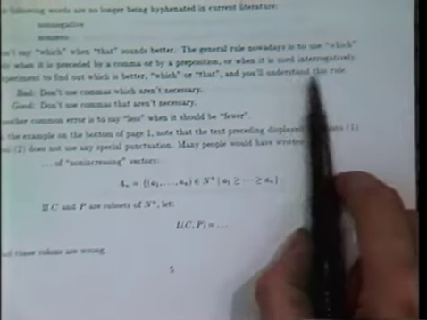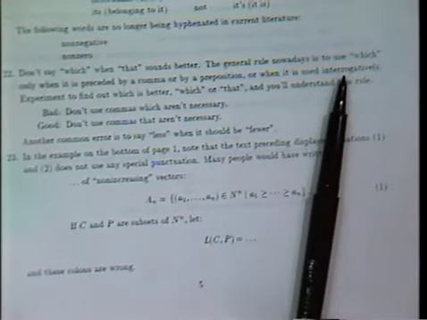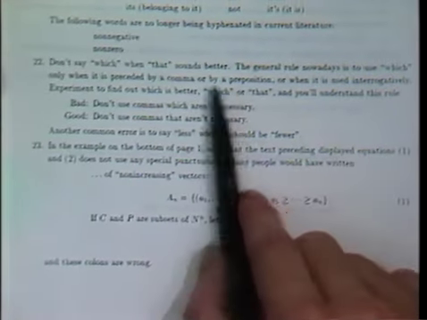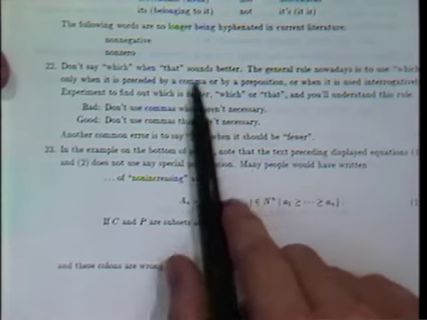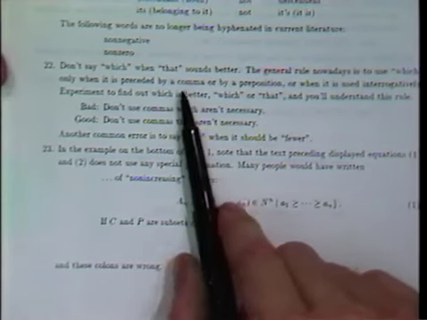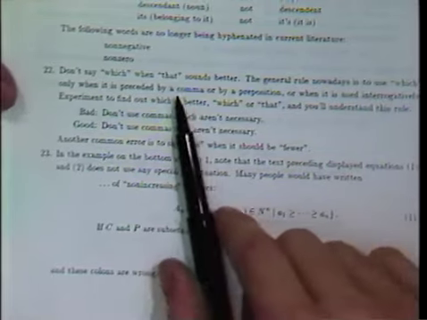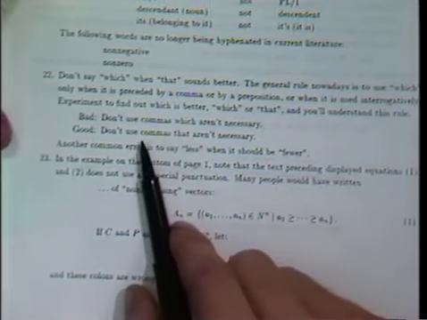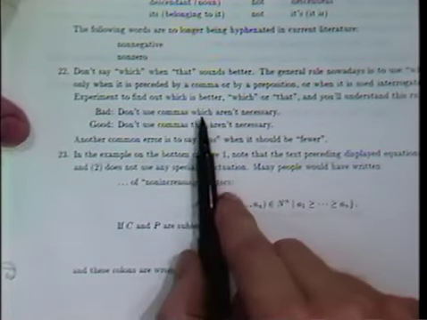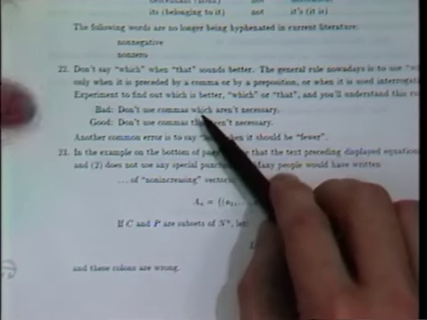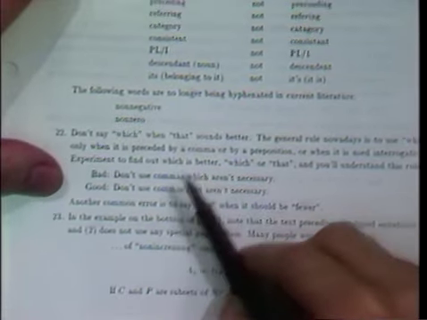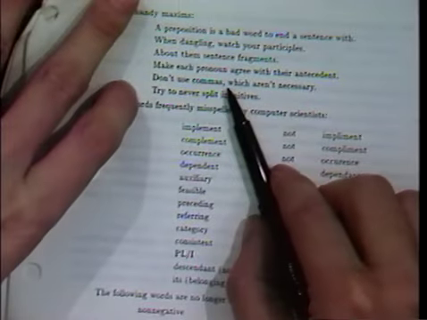There was another case when it's used interrogatively, like I say, which rule is this? But okay, the main cases are prepositions. You can say "by which," "in which," and then you can say comma "which." That's okay. But otherwise, leave it out. So here I have, don't use commas which aren't necessary. See, there's no comma in there. So you change "which" to "that." But if you put a comma in, then it's okay. That's, don't use commas, which aren't necessary.